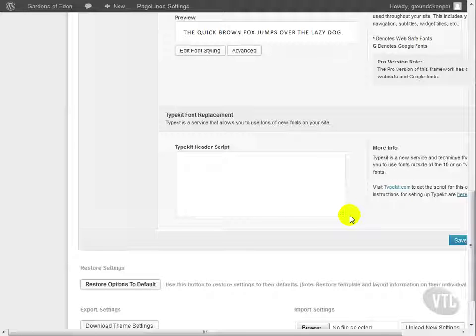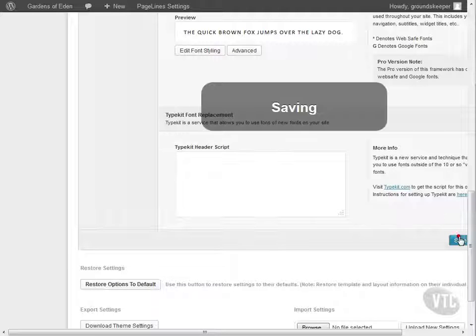If we use Typekit, we could put any font from Typekit we wanted here. We could use the Typekit script that it gives us, and that would allow us to use any font that is available on Typekit, which has thousands and thousands of fonts for us to use. However, we're not too concerned with that, so we'll just save our settings